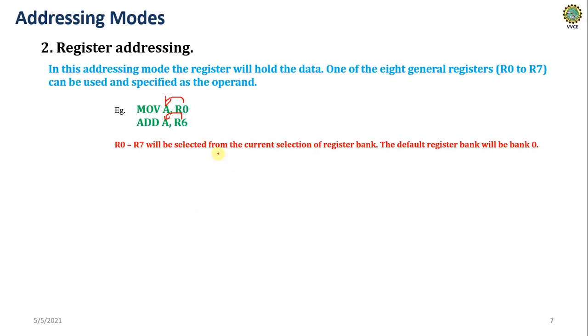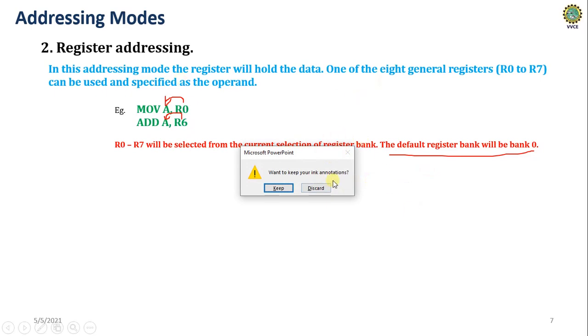So in register addressing mode, the data stored in the register will be moved to another register. The source always holds the data, and the source is always the register. Okay, so let us see that. By default we use register bank 0 only. The registers R0 to R7 in bank 0 are the ones we use. If you want to use other banks, you have to go to PSW. We already discussed this in the theory. So you have to use some other address locations. Okay, so how do we do it? Let us see that also.